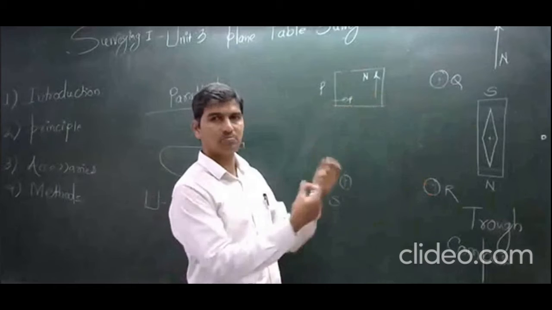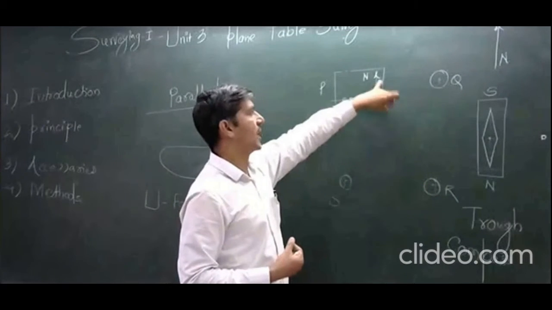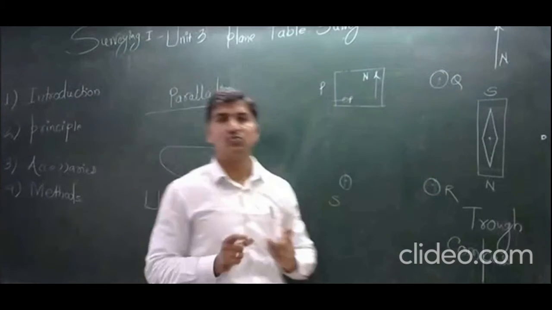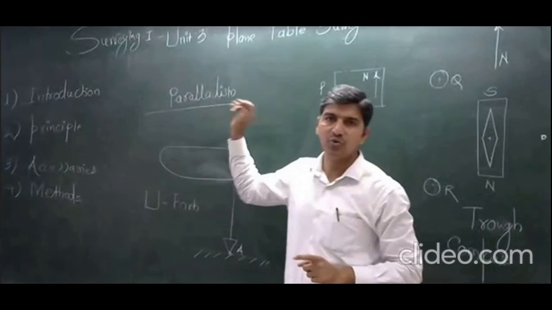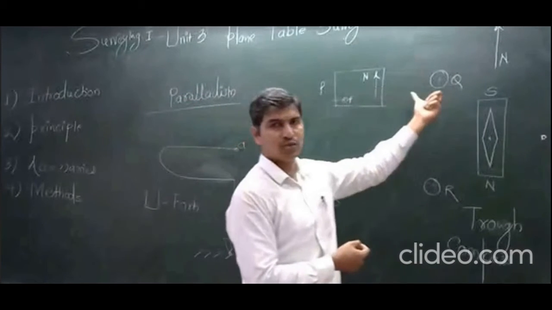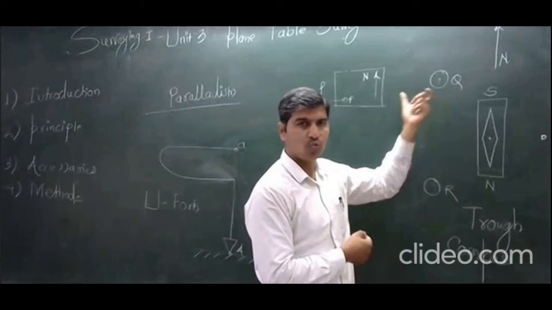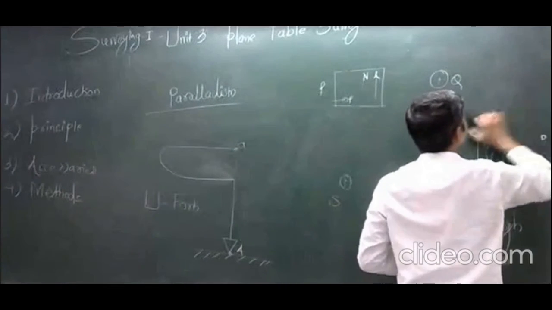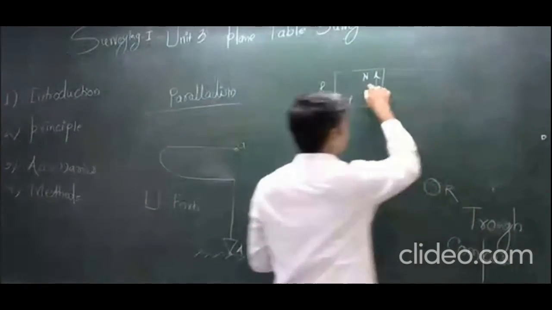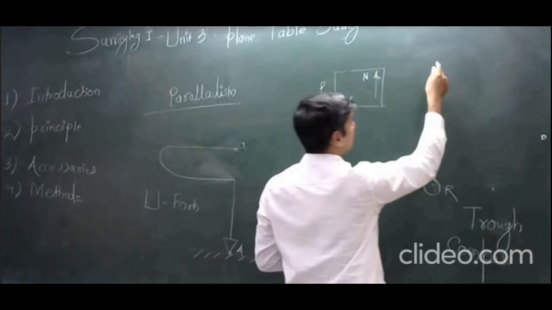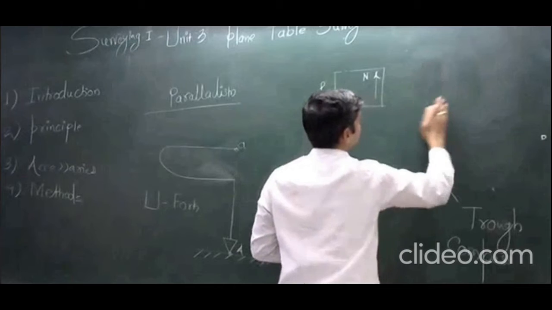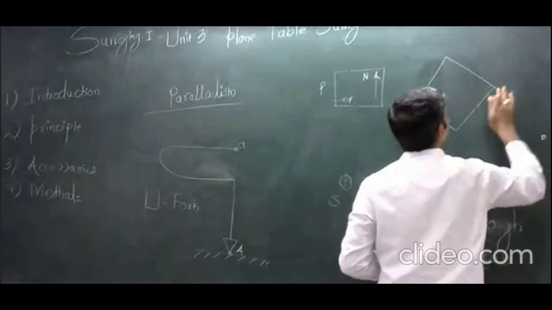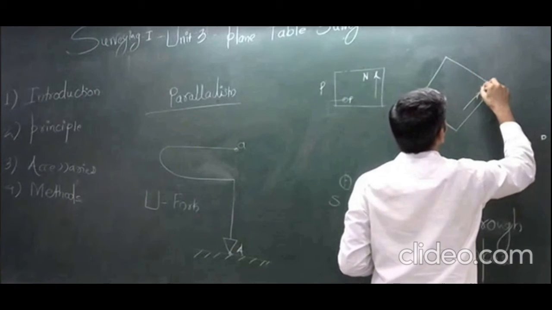The temporary adjustment is done, and I have kept the rough compass. I have drawn the north direction. Now to achieve the principle of parallelism, what I need to do is I will shift the instrument to another point. Let us say that point is Q, and I will try to keep the instrument in such a fashion that the position of north will not change. Suppose I have kept the plane table in this fashion. Here we were having a north direction.